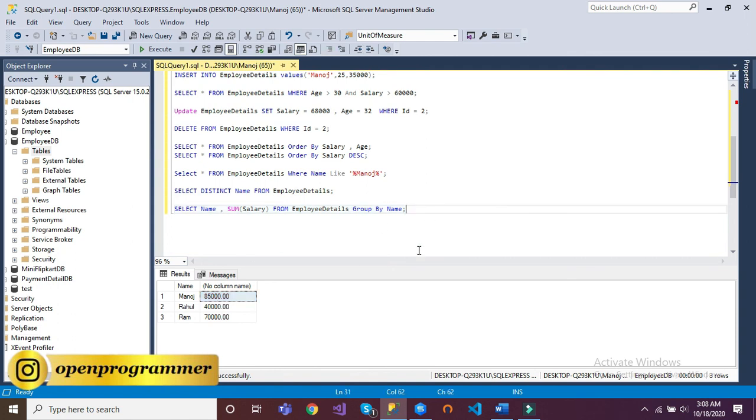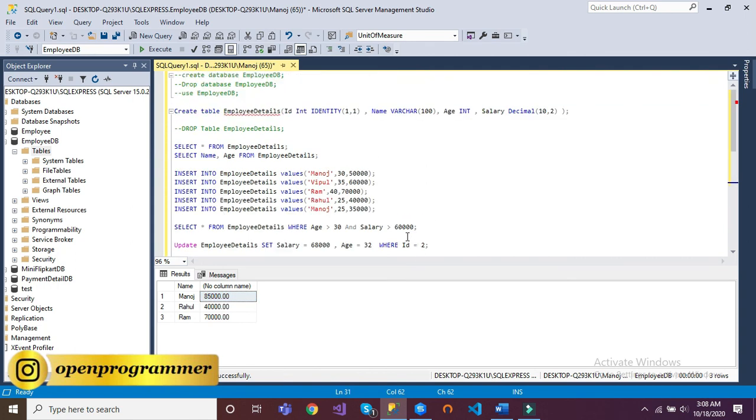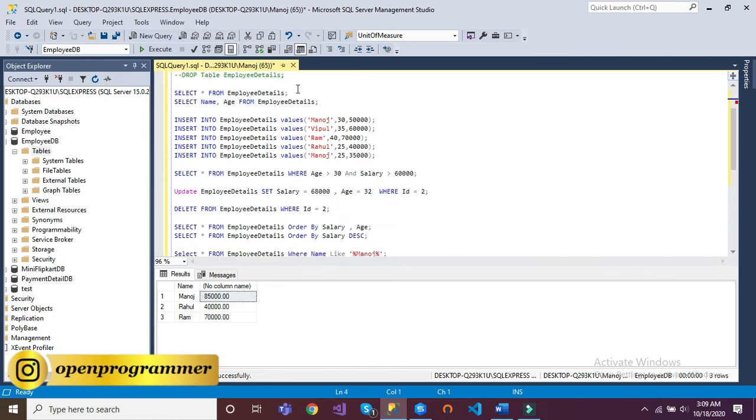All right. So let me recap. I have shown you how to create a database, drop a database, or how to use a database. After that, how to create a table with some fields and how to select the data, all the data or the limited fields.